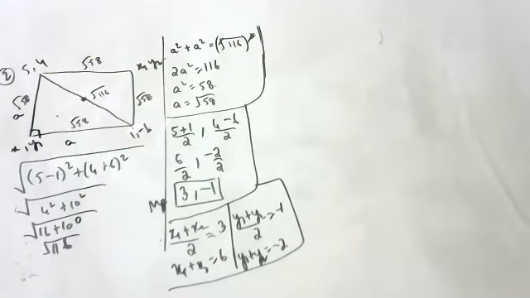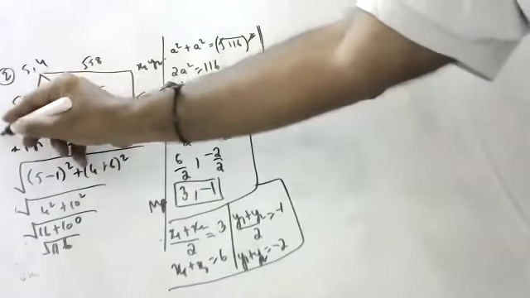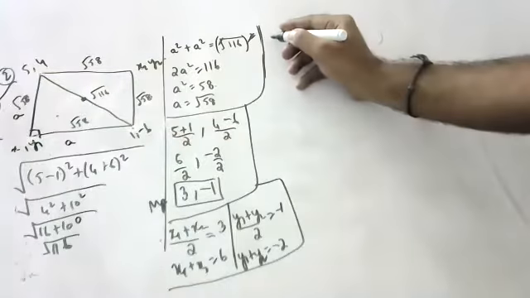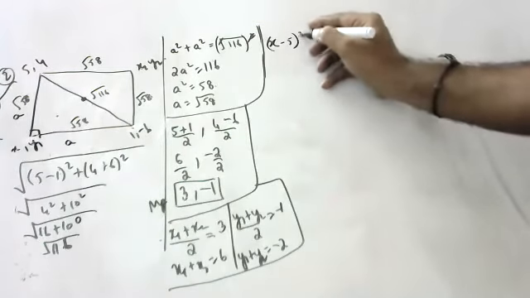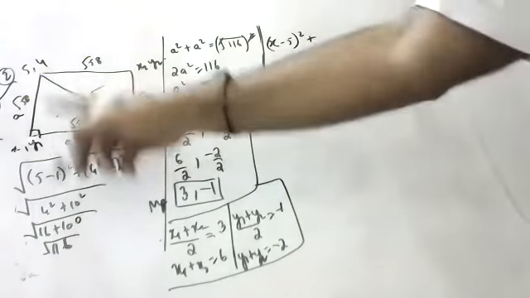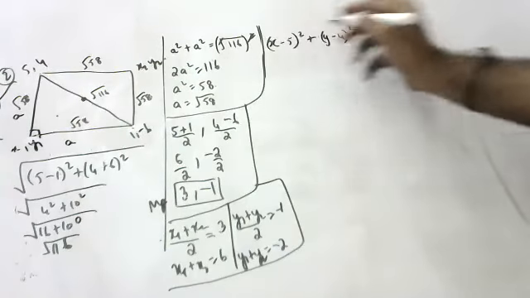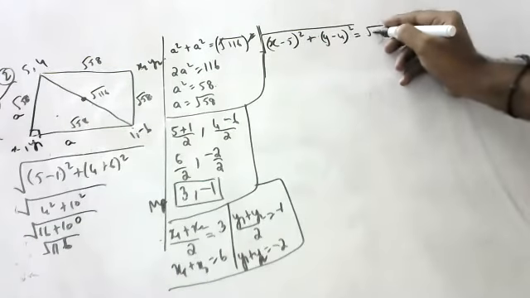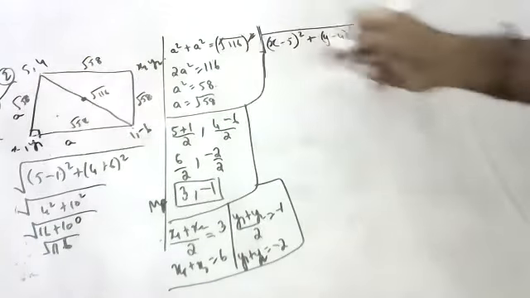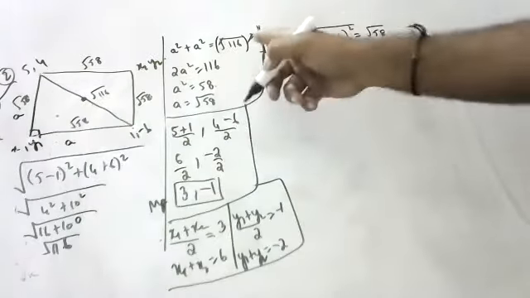Okay, children. Now, the midpoint of this is what we are applying for this. Now, let us make one equation with this, children. Okay, equation with this: (x minus 5) whole square using the distance formula plus (y minus 4) whole square is equal to root of what, children? Root 58. Children, the distance is root 58. So root 58 is equal to this minus this whole square plus this minus this whole square under root.